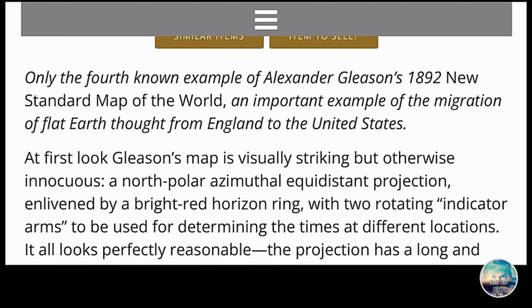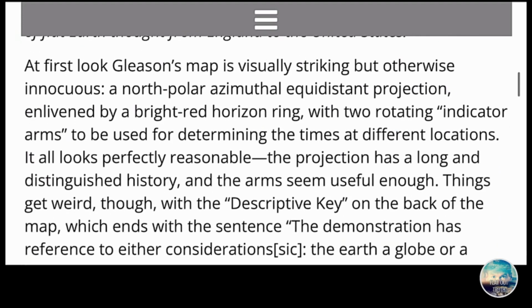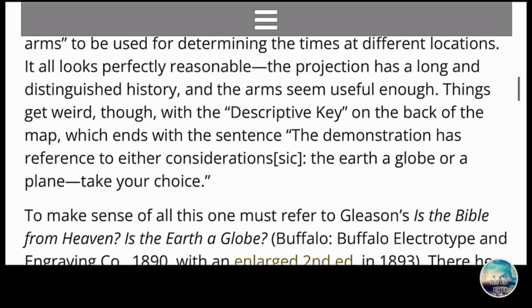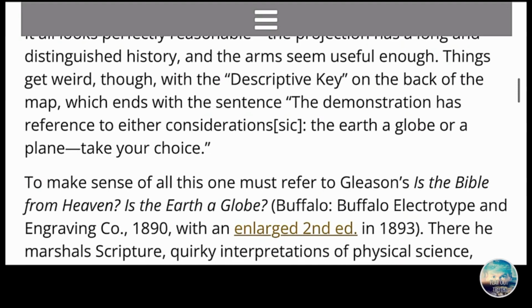Let me show you here. It says, things get weird, though, with the description key on the back of the map, which ends with the sentence, the demonstration has reference to either considerations, the Earth a globe or a plane. Take your choice. To make sense of all this, one must refer to Gleason.